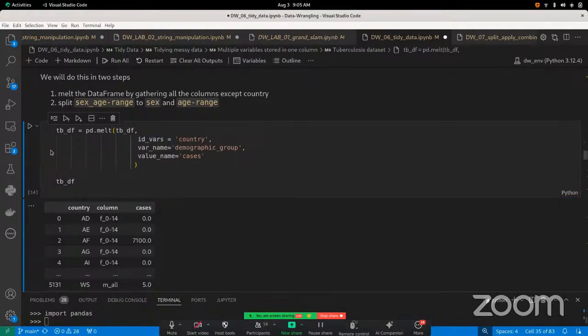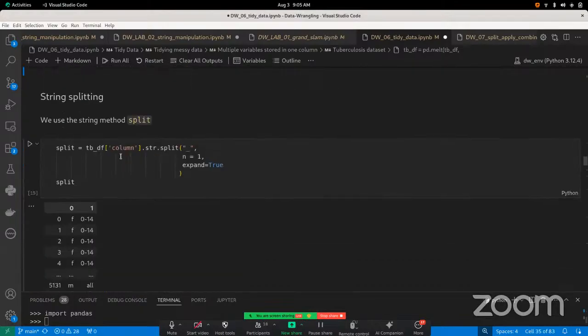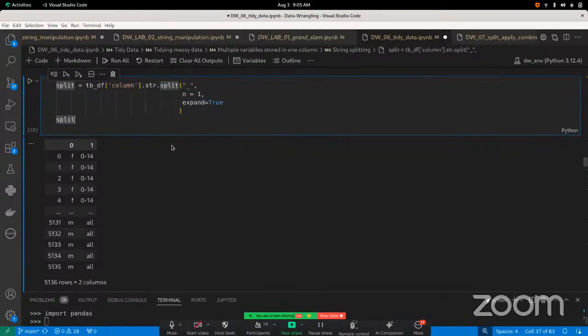Just run everything. And then this is cases. Okay. So from this point onwards, what we would next do is string splitting. We're going to split it. Here's the solution for the lab as well. So we're just going to split this column into 2